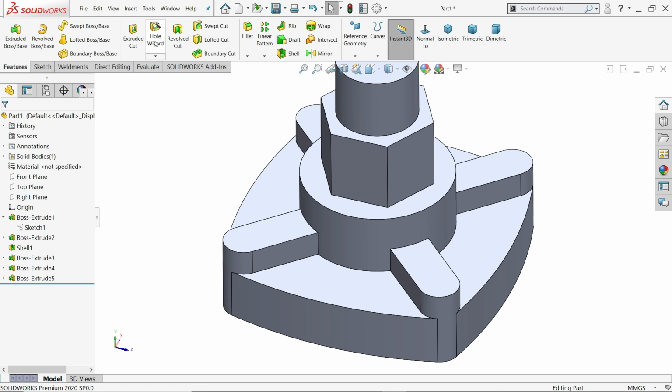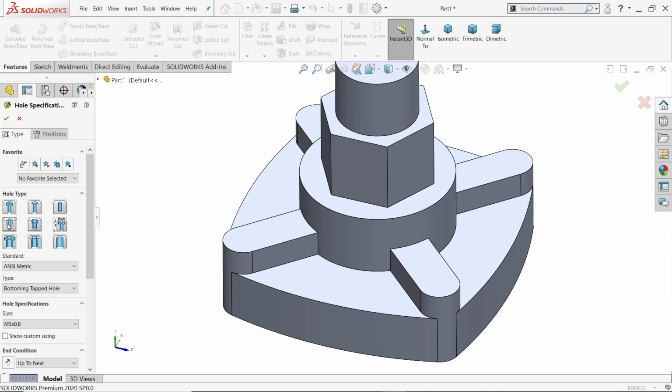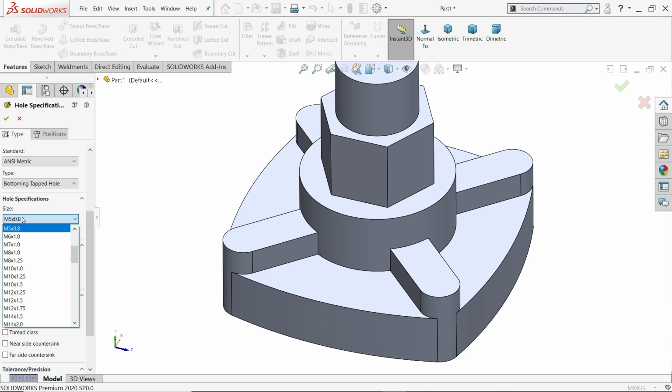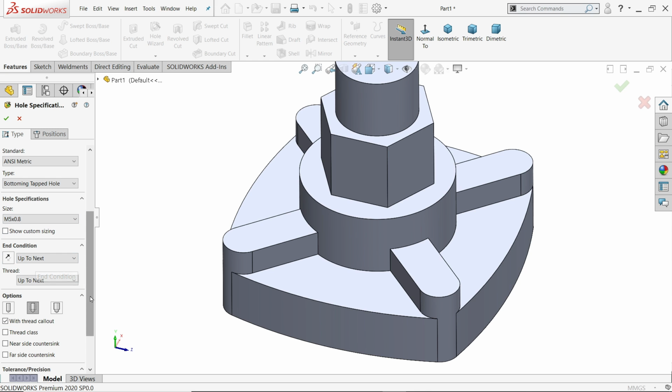Now I am going to choose hole wizard. Here there is an option called straight tap. Go to metric, bottoming tapped hole. Here by default it is M5 by 0.8. Up to next.